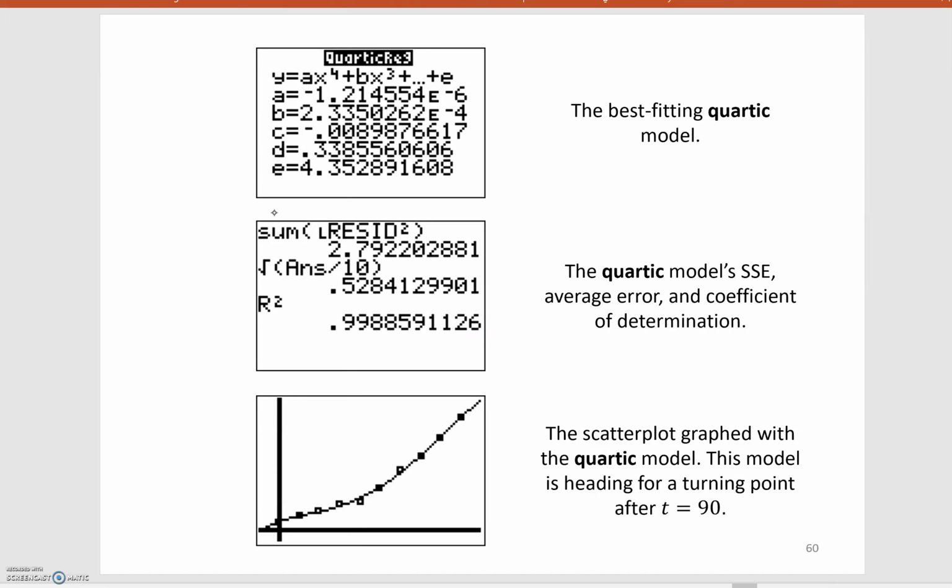And then we could repeat this process for the quartic regression. And once again, we have 2 very small coefficients there. And we find the SSE, the average error, and the coefficient of determination in exactly the same fashion as we did for the cubic and the quadratic. Okay, so